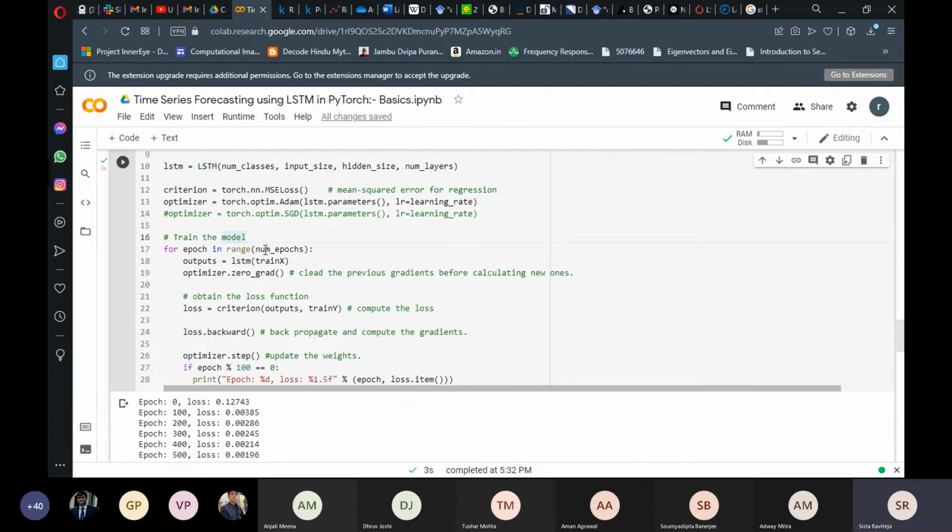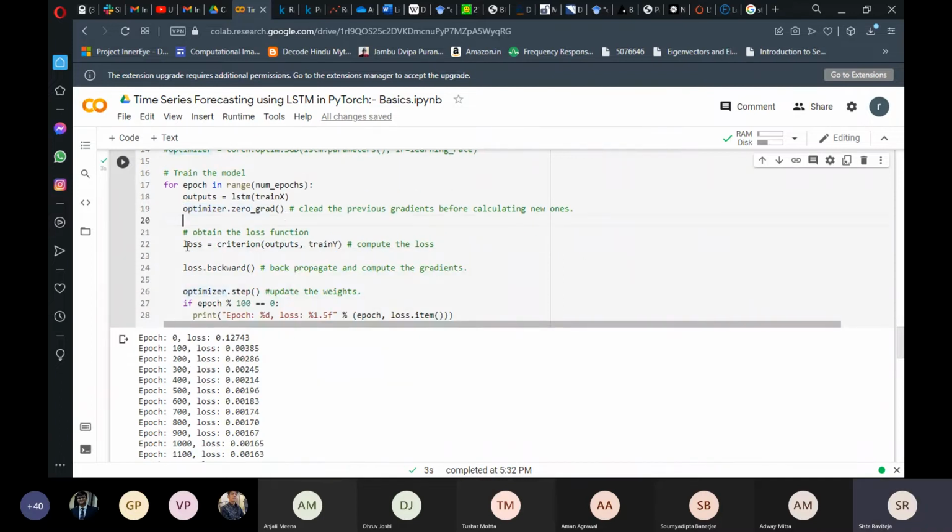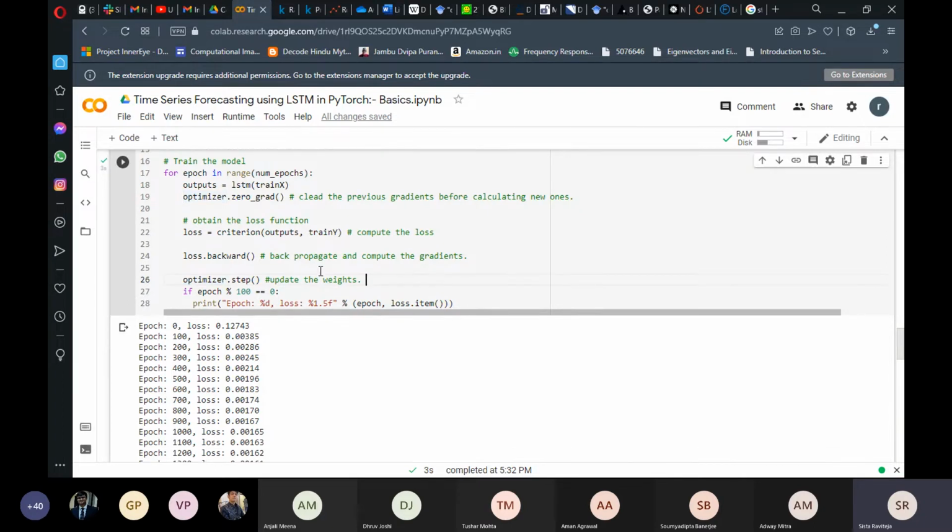After that, you just run this training loop for a set of epochs, where you pass the training data to your LSTM model and get outputs. After each output, the main thing in Torch is you have to call optimizer.zero_grad to flush out the previous gradients and then compute the loss. Then you do the backpropagation of the loss, where you compute gradients. Then optimizer.step updates the weights. So these are two different things. I have just commented it out. Maybe you can look a bit more into what happens here, but that is not part of this course, so we're not touching upon that.